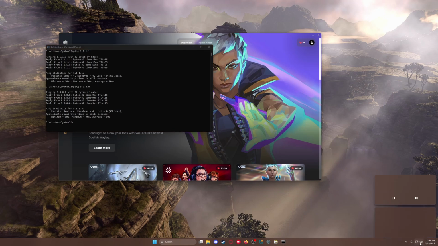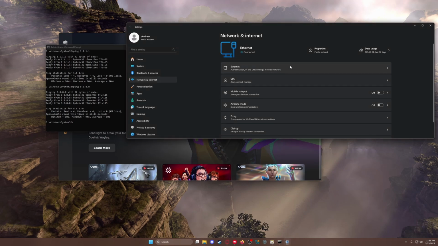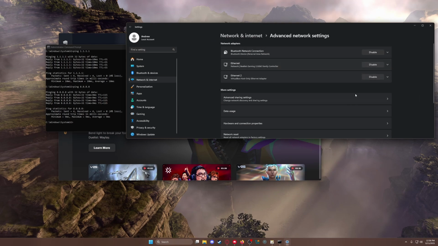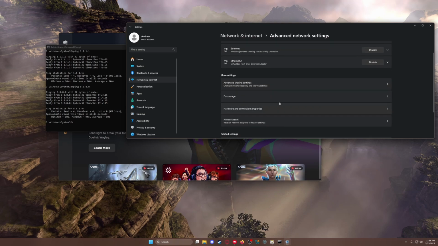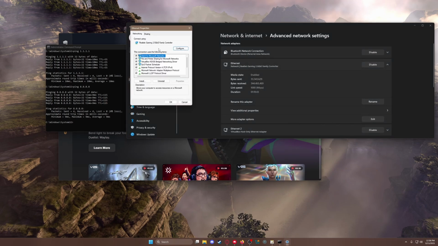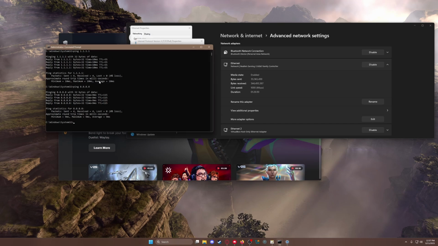And now we're going to open network and internet settings down here, and we're looking for more adapter options. So right here, you're going to click on IPv4, Internet Protocol version 4 TCP/IPv4. You're going to hit the properties on this, and then this is where we're going to be using this